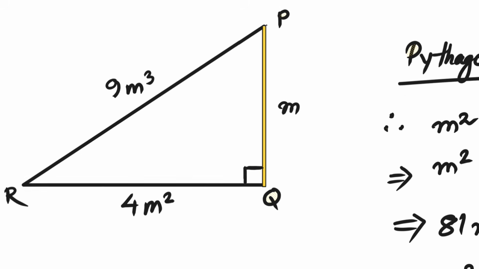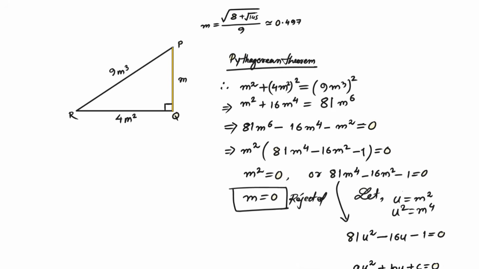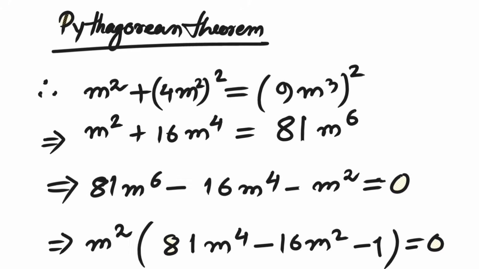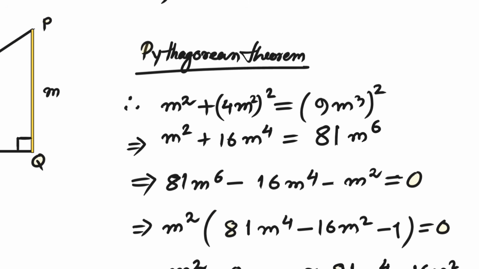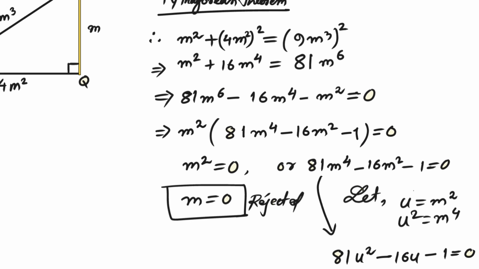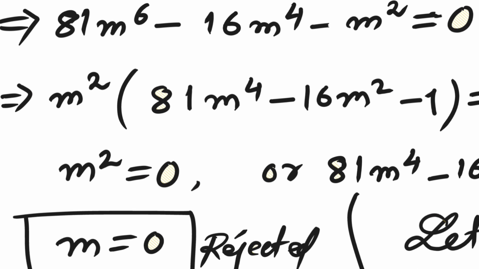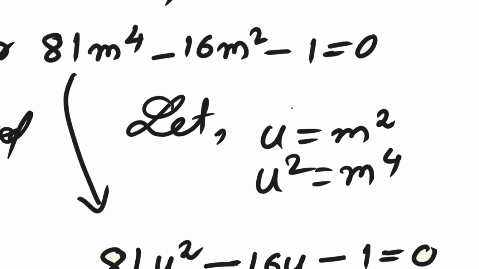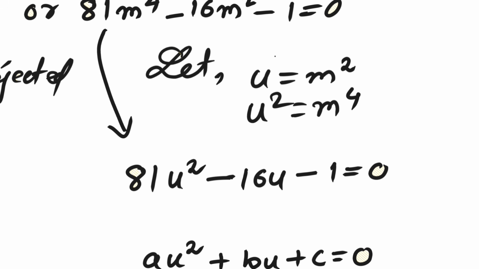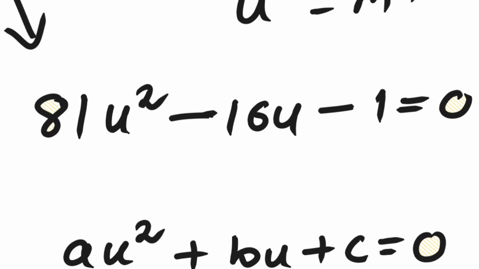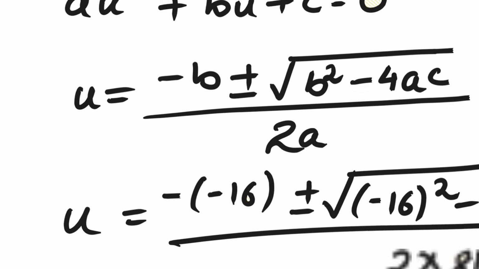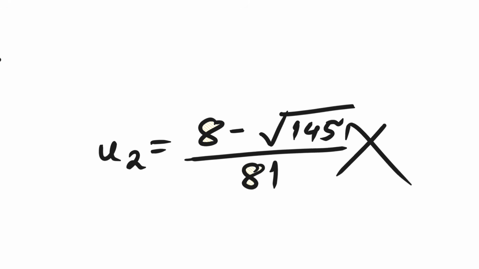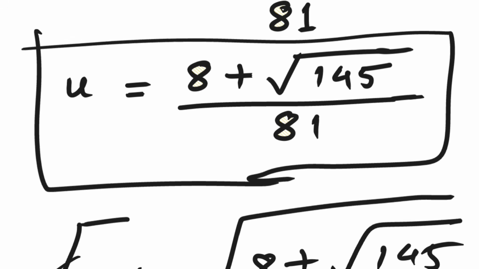Notice how the entire problem was really a combination of geometry and algebra. We started with the Pythagorean theorem, substituted the algebraic side lengths, simplified the exponents, factored out the common term, rejected the impossible zero solution, introduced the substitution u equals m squared, converted the equation into a quadratic, applied the quadratic formula, rejected the negative value because a square cannot be negative, and finally took the positive square root to obtain